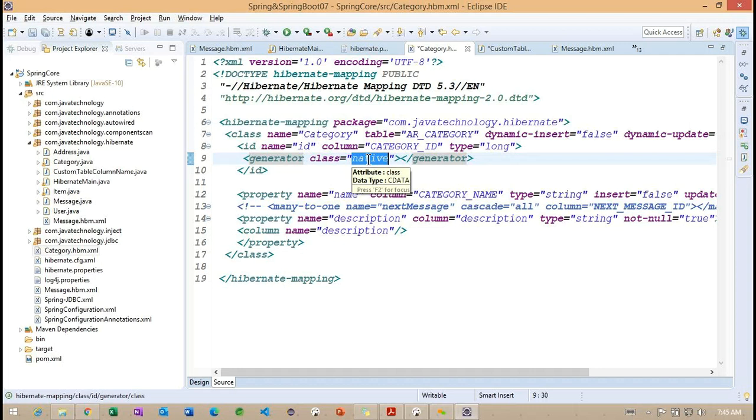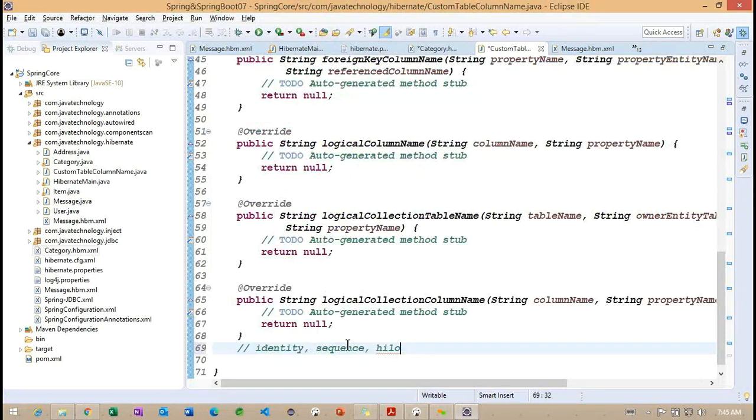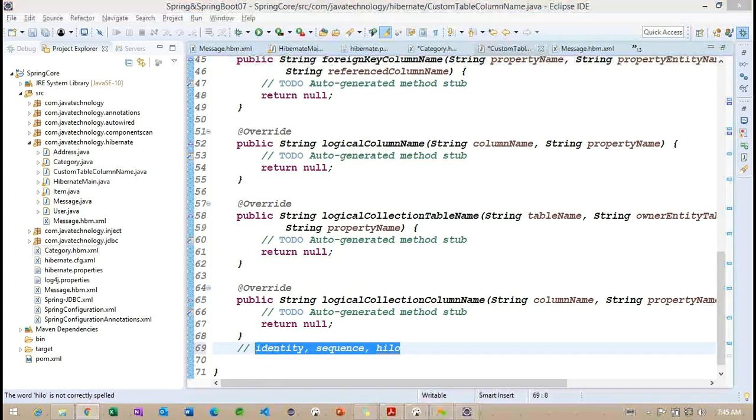So that is about identity, and now we'll focus on sequences. How exactly is this sequence going to work? These are a combination of the native generator. Basically this is also similar to the increment generator.